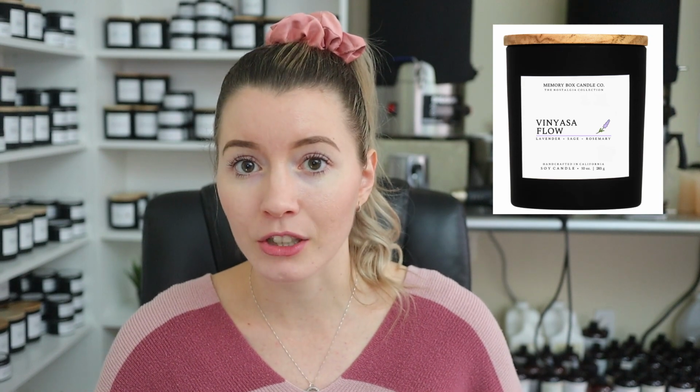Number 11 was my large 10-ounce Vinyasa Flow candle. Vinyasa Flow is a lavender. It's white sage and lavender from Candle Science. I personally am not a huge fan of it, but I understand that people do really like it, and lavender is a very commonly liked scent. This one also sold 19 times and also accounted for $570 worth of my total sales for the